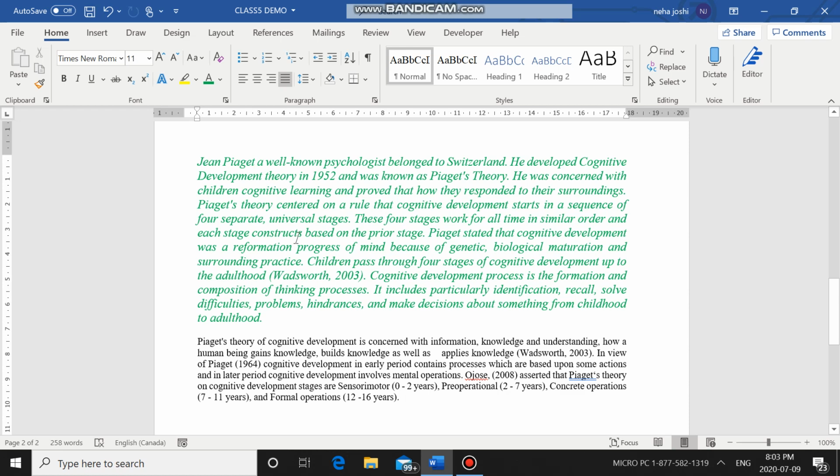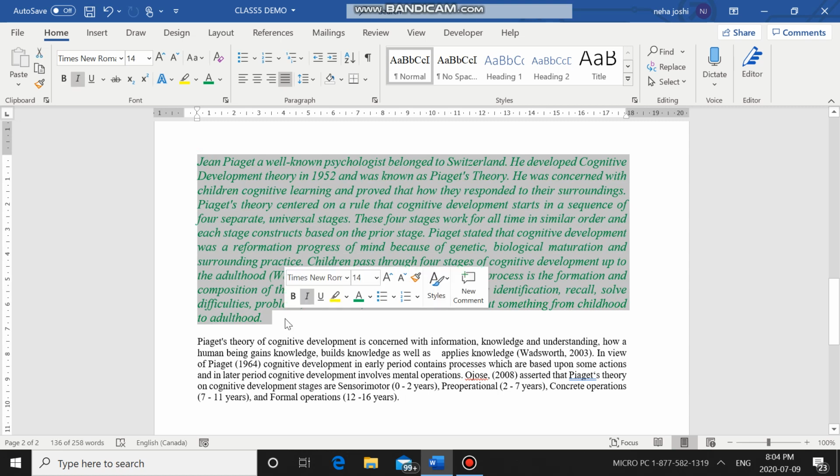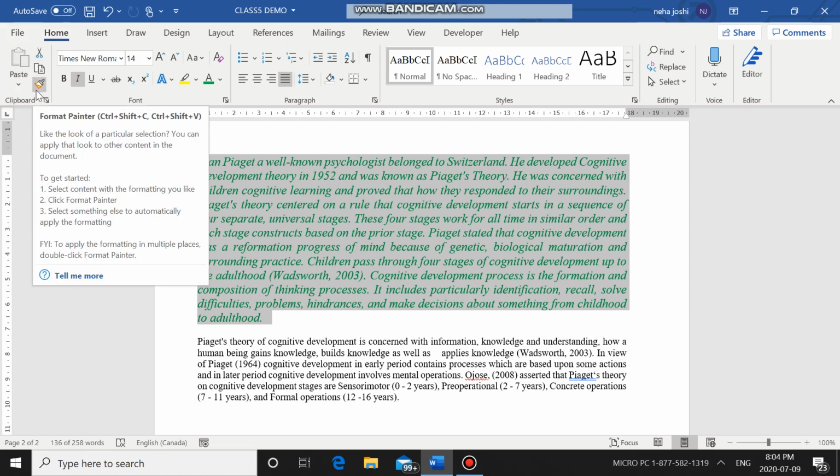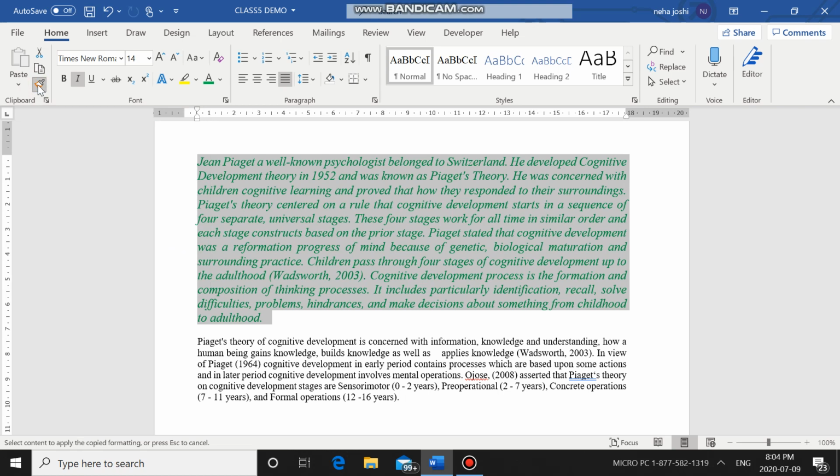I will use the Format Painter tool. The first step is to select the paragraph from which I want to copy the formatting. So I want to copy the formatting of the first paragraph, so I will select this text. Then I will go to the Home tab. In the Home tab, the first group that you see is the clipboard. In this clipboard, you see a small icon of a brush. Take your mouse cursor to this brush icon. When you click on this brush icon, it will activate your Format Painter tool. When you click on it, you see the cursor icon changes to a brush.